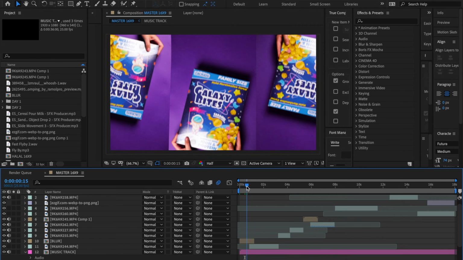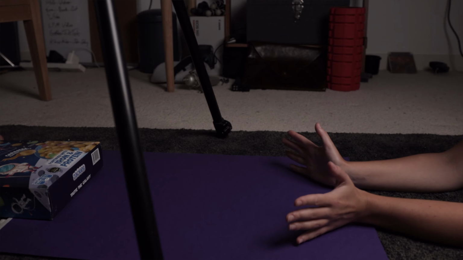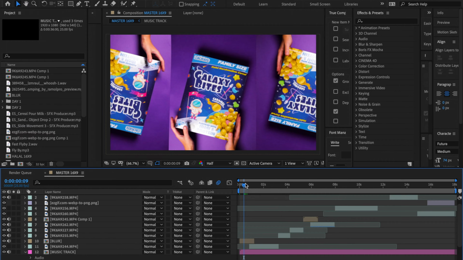For this first shot, I used these horizontal cards for the purple background, and we slid a Galaxy Bites box. These are my girlfriend's hands. These are my hands. She very kindly helped me with this project. I slid the box along the floor to her, and in order to fill the frame, what I decided to do, instead of messing around with compositing the rest of the frame to be purple,